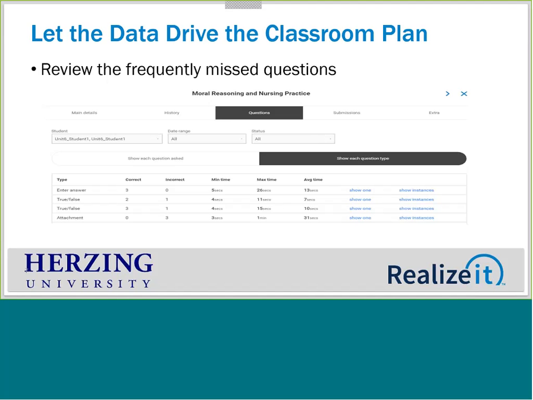So the other thing I want to mention about letting the data drive the classroom plan is I have faculty, and I'll tell you, are completely overwhelmed at first by the data. So when we're transitioning from the traditional model, and here at Herzing we have both online and face-to-face, but when we do this transition, it isn't an all or nothing. I meet individually with the faculty, and we have a conversation about how can you integrate some of this into your current practice. So instead of black to white, there's a gray area of transition.